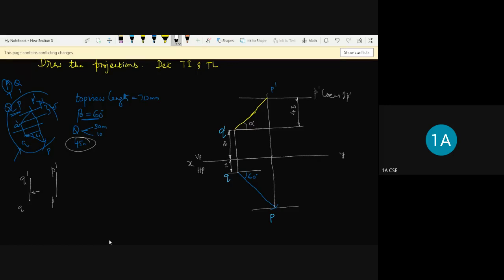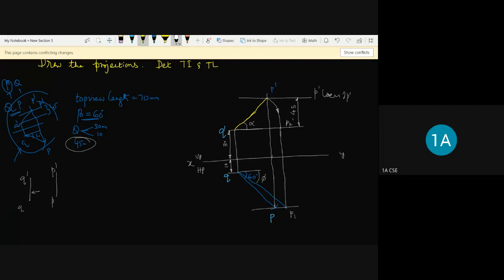So how can we do it? Similar procedure which you have done previously. Rotate this line in reverse in this direction so that it will become horizontal. So I'll get P2 dash. Once you get the P2 dash, draw vertically downward so that you will get P1. Next, join Q and P1. This QP1 represents the true length and this angle represents the phi.